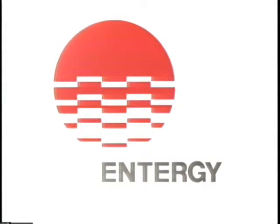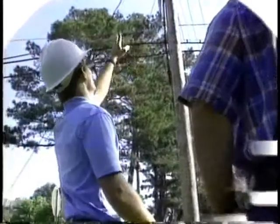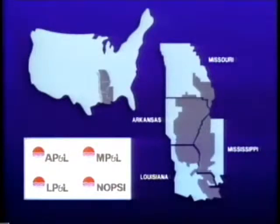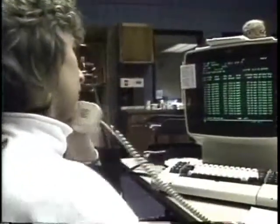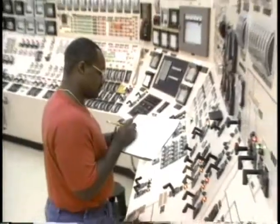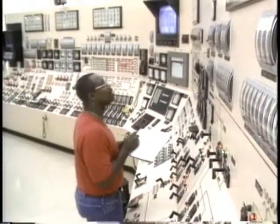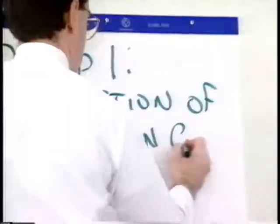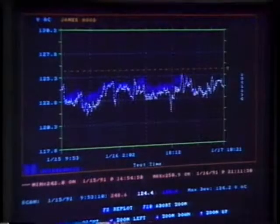Entergy. Thousands of people working together to produce and deliver electricity for nearly 2 million customers throughout the Mid-South. Though virtually every aspect of operating a power company has become more complex, customer expectations have remained constant: to receive reliable, friendly, quality service. To meet these expectations, Entergy made a commitment to continually search for ways to streamline its